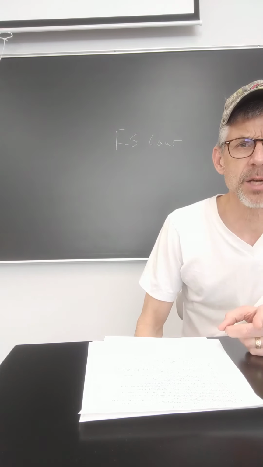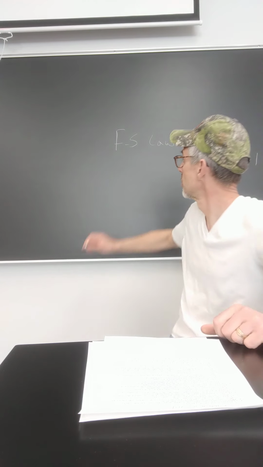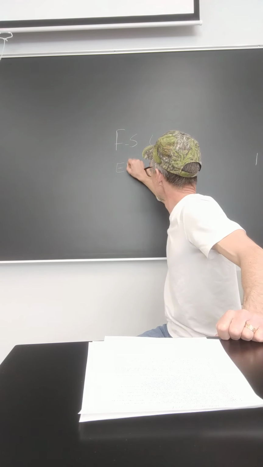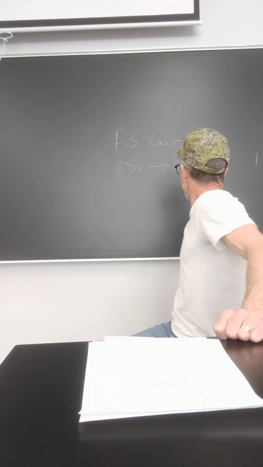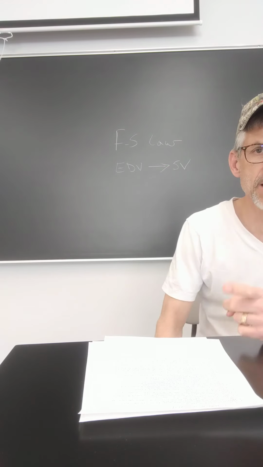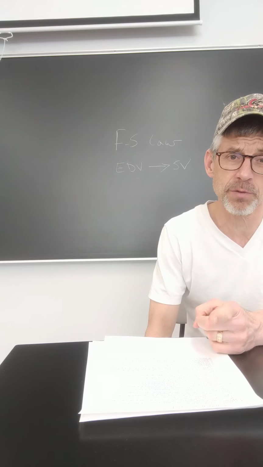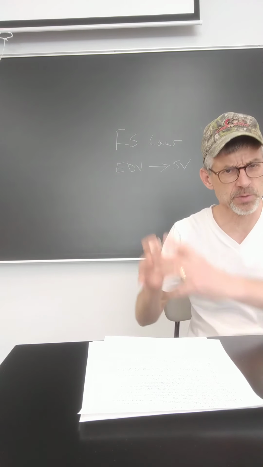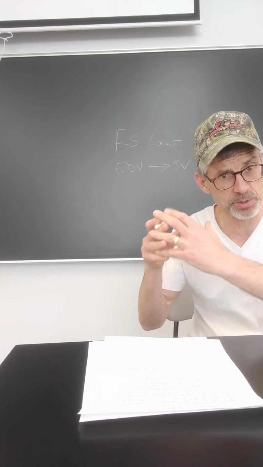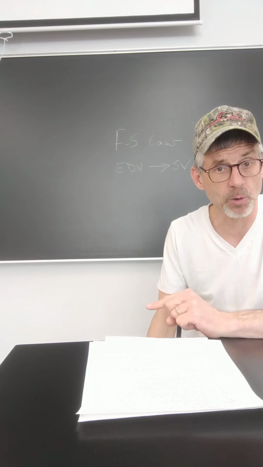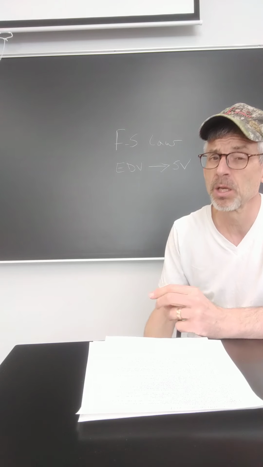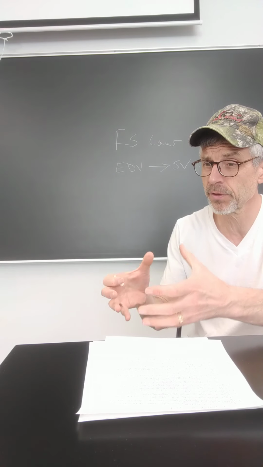The Frank-Starling law of the heart matches end diastolic volume with stroke volume. The more blood that's returned to the ventricles, the more blood that's returned to the heart, the more blood those ventricles will pump out. And this is because when the ventricles are filled and filled and filled with more and